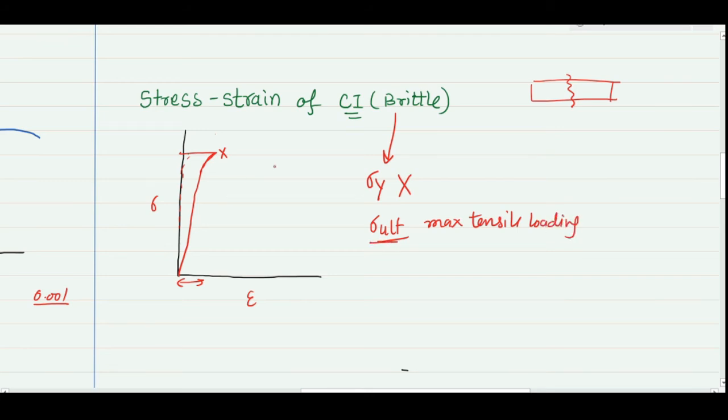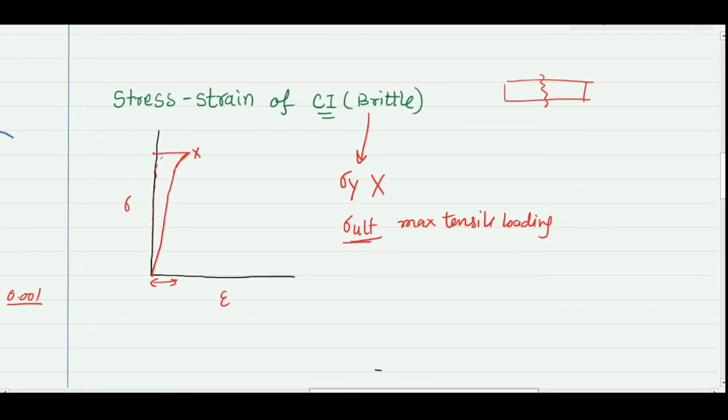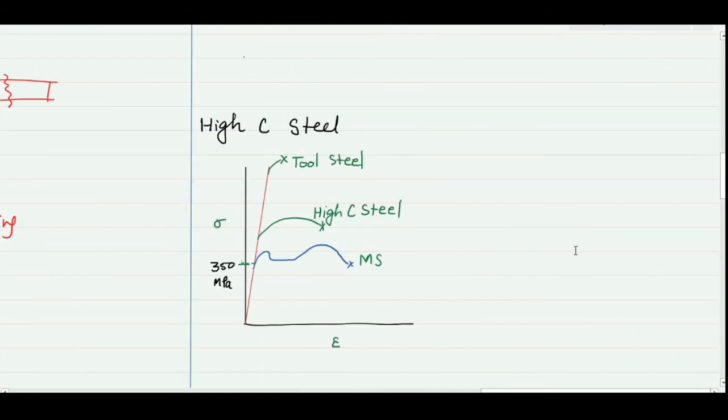Now the last case where we have to see the stress strain diagram for different steels. So here I am showing three types of steel. One is the mild steel, which we have already seen, where we have all the phenomena. Then we have high carbon steel. This mild steel actually covers the low and the medium carbon steel. High carbon steel also has a kind of increase in the length, but you can see here that it has a larger ultimate strength value as compared to the mild steel.